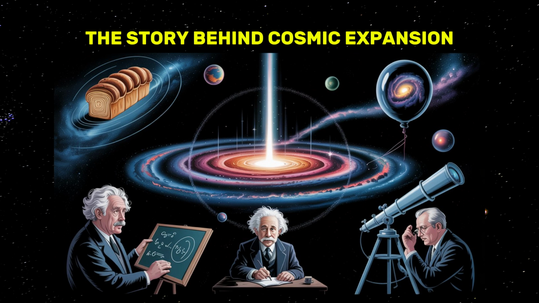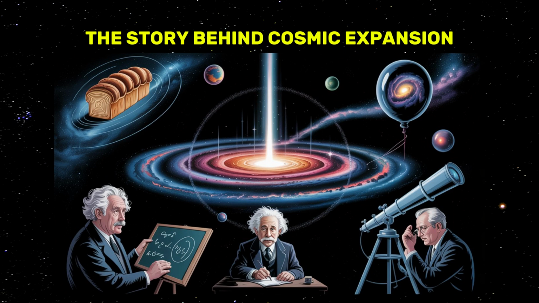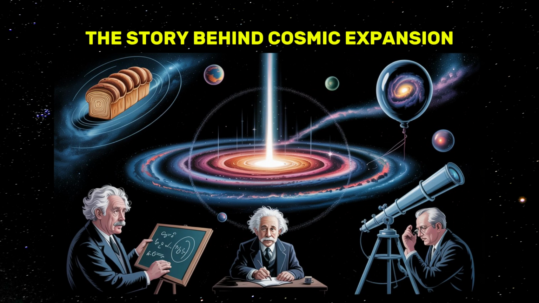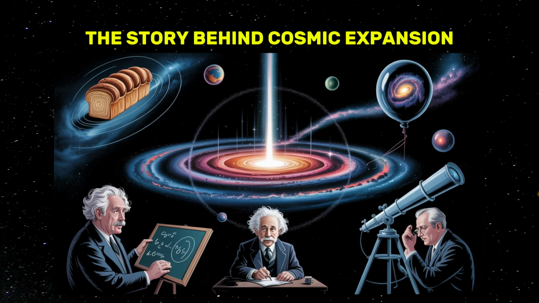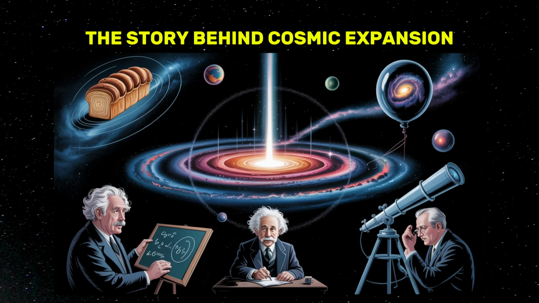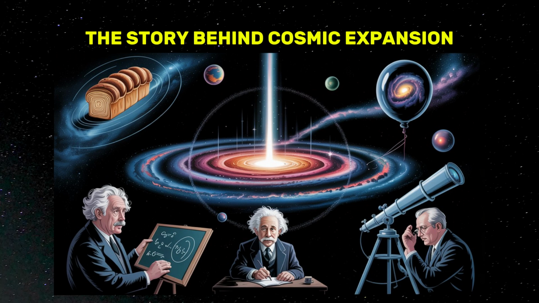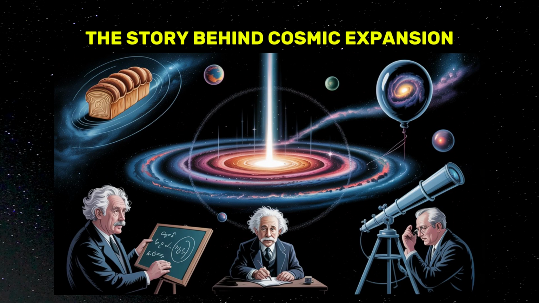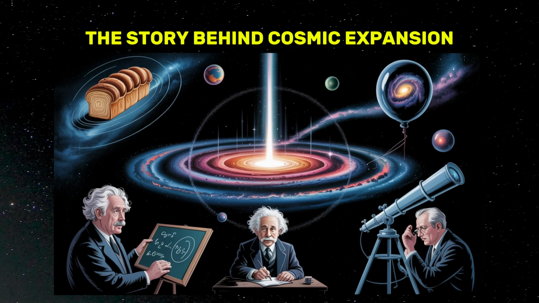Moreover, discoveries in the late 20th and early 21st centuries have exposed further mysteries. Observations suggest that dark matter, which doesn't emit or interact with light, helps hold galaxies together. Meanwhile, dark energy seems to be accelerating the universe's expansion. These two components, though invisible, account for the majority of the universe's content, yet their true nature remains elusive. This opens the door to the possibility of a deeper, more all-encompassing theory of the cosmos.